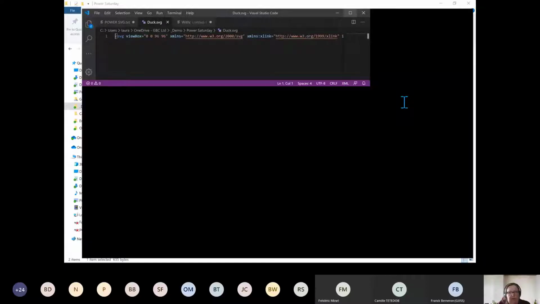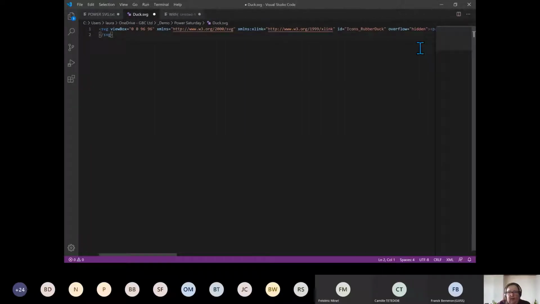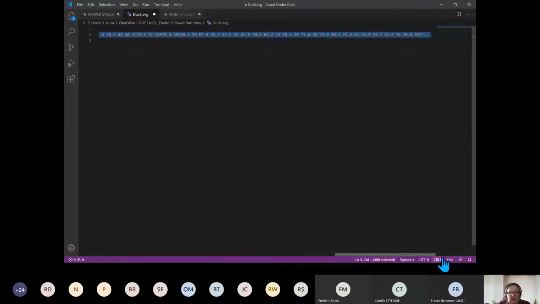Okay. So the SVG gives me in here a header, but it gives me 3 parts basically. And if I do a bit of formatting in here, yes, there probably is a quick way to do it in SVG code. I don't know it well enough. But you'll see that there's the top of the SVG, there's the bottom of the SVG there, and there's a path. So one of the things I quite often do, if I want to do complicated things, is that the path is highly complicated and will just be long. And believe it or not, that's one of the short ones. So if I just copy that,